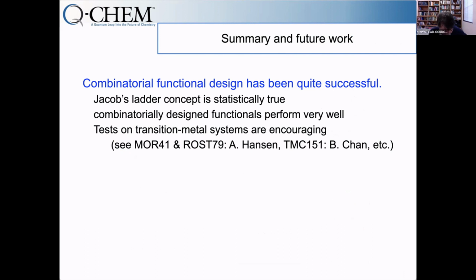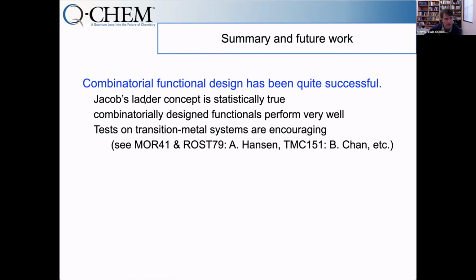So I tried to, in this lecture, give you a general introduction, refresher, review on density functional theory from the point of view of practical performance for easy problems. It's worthwhile to say that 95% or so of chemical problems are easy, and that's why DFT is used for maybe 95% of chemical applications. The Jacob's ladder concept is statistically true, and it is worthwhile to use hybrid meta GGAs as the present day workhorse